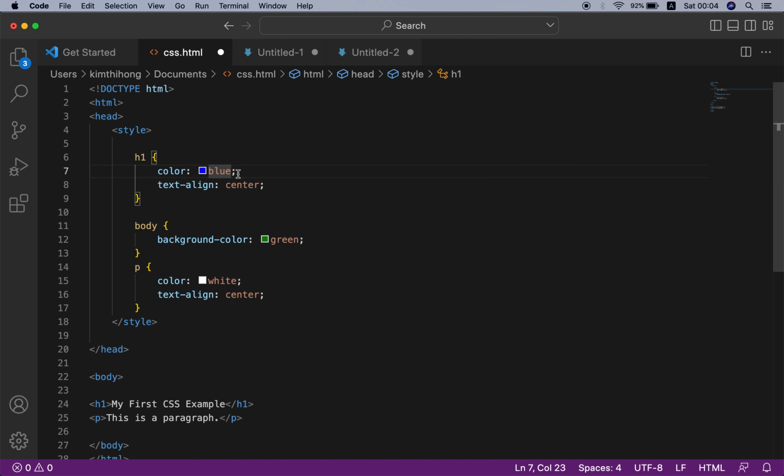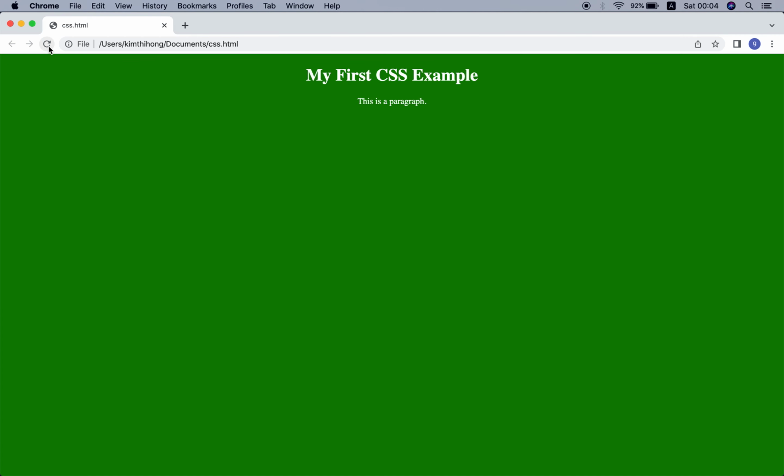We also change the color to white for the heading 1. Save this and check in the browser.